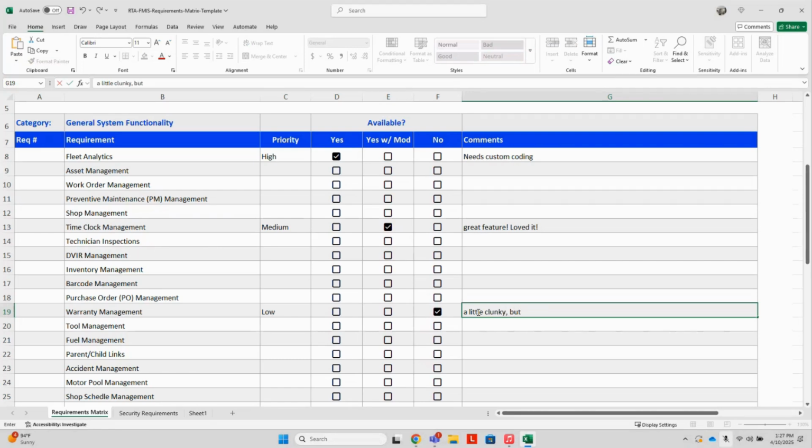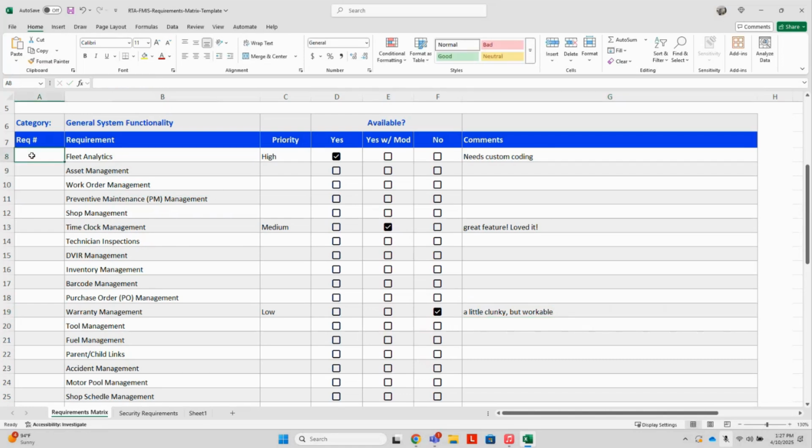Now let's go back to the first column. This is relevant if you're going to do an RFP and need to track required features to a unique number or code. You'll put the requirement numbers here in the first column. This helps with tracking and future reference by making it easier to refer to the specific requirement during discussions or evaluations. It also helps with the prioritization and the sorting, as you can assign numbers based on priority or logical